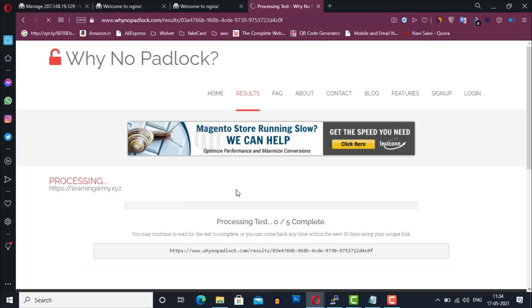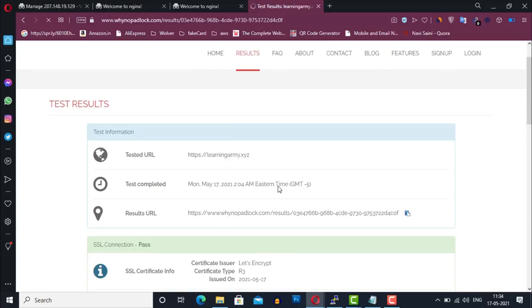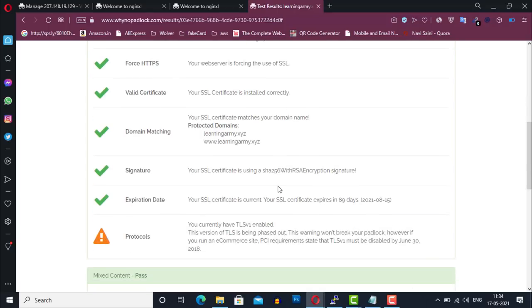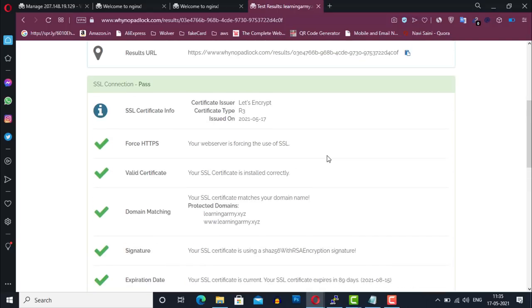It's scanning the SSL. So as you can see, our SSL connection passes and this is the SSL certificate information, for example, the certificate provider, certificate type and other information. You can read it by pausing this video. So let me also show you in this browser.